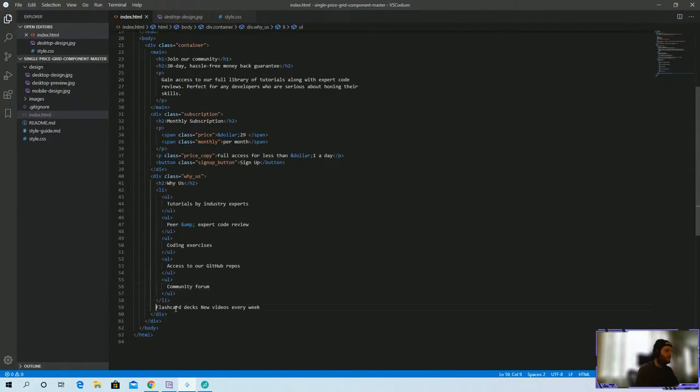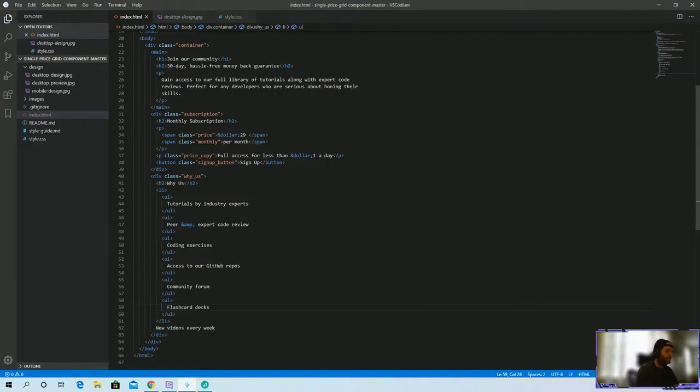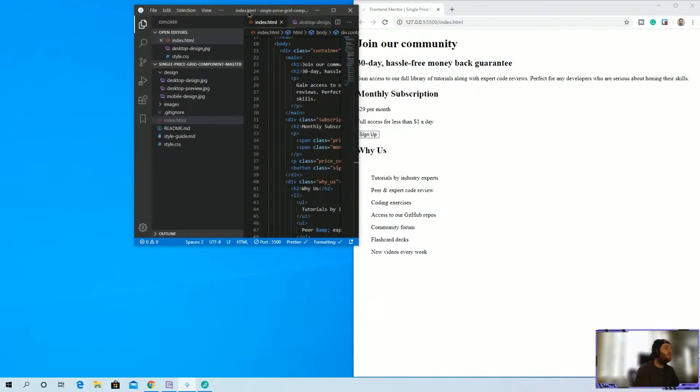For something so simple, the design's not crazy. I guess that's probably the last one, right? There. All right, so now we kind of have our layout. And if we snap this back over here,